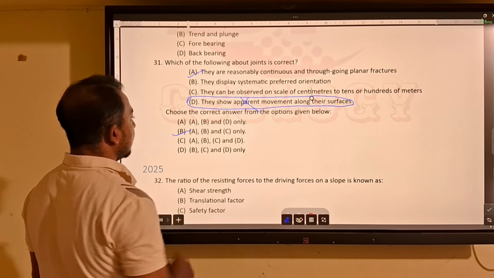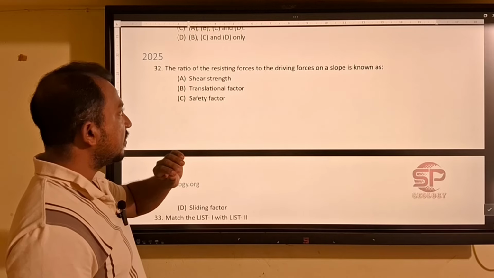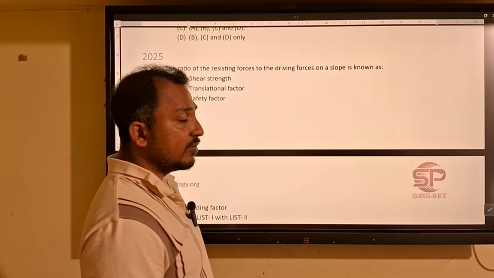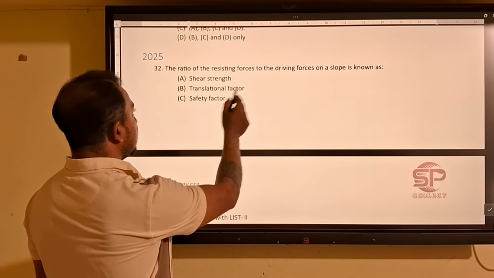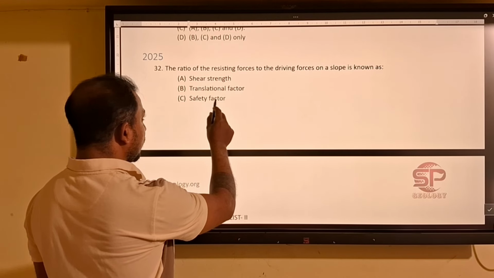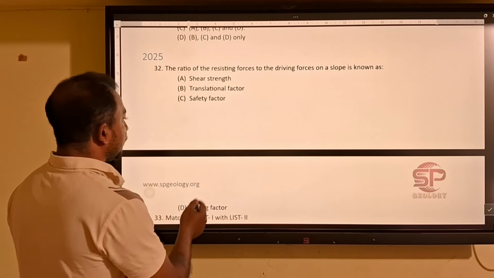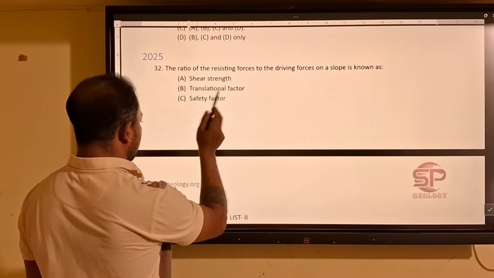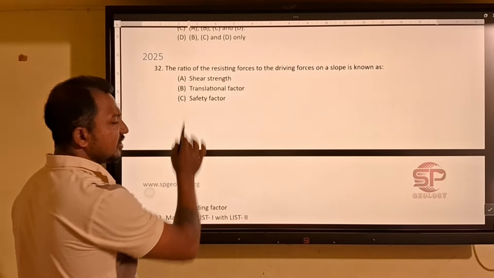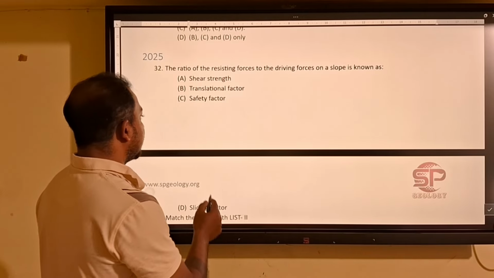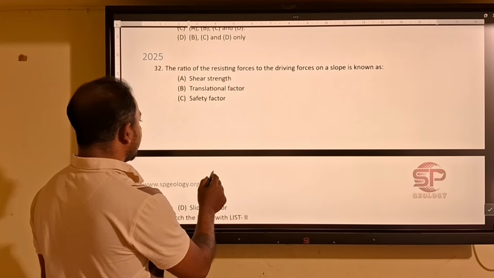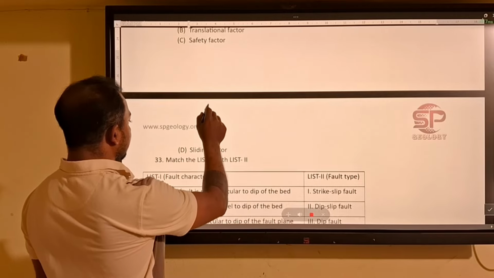So next question: the ratio of the resisting forces to the driving force. Remember, this is an important question, which is called the safety factor. So the answer will be safety factor, that is resisting force divided by driving force. There is no translation factor or sliding factor, but shear strength you can calculate as C plus sigma tan psi, is equal to